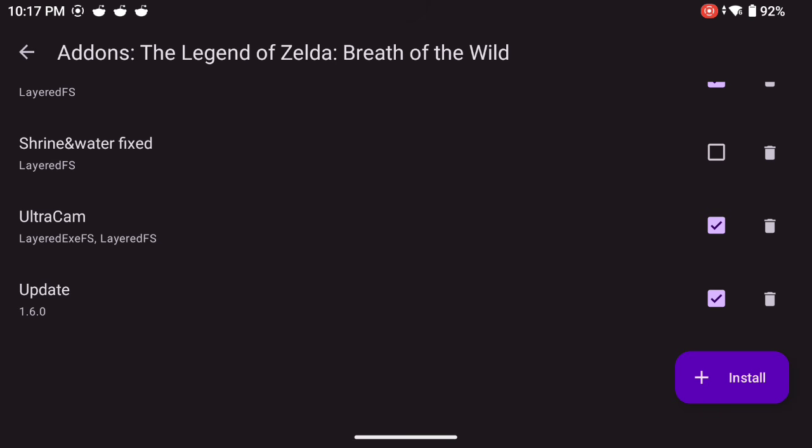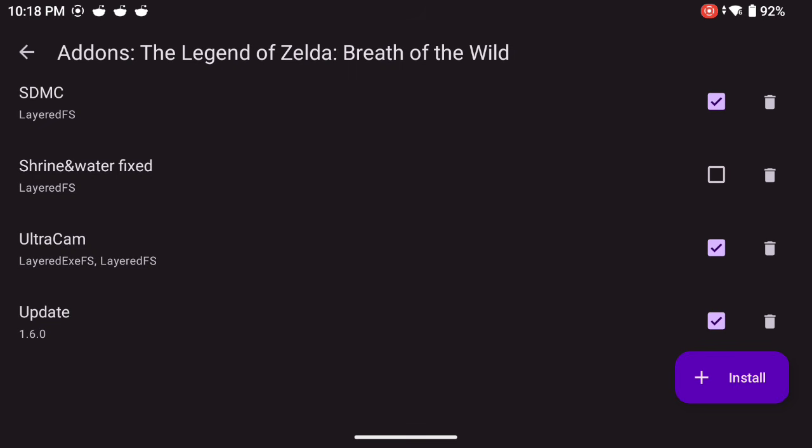So if you just want to play in the overworld and run around above ground, fighting guardians and stuff like that, you can play unupdated. And some Shrines will still work, but some will not. And in those cases, you are going to want to update the game and activate the Shrine and Water Fixed mod. However, this does